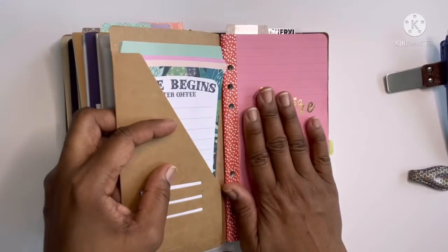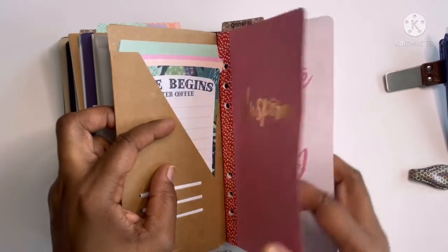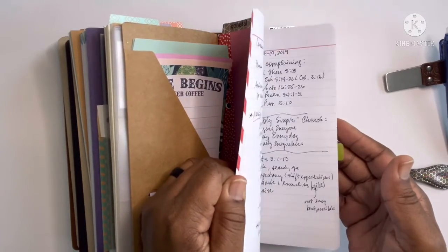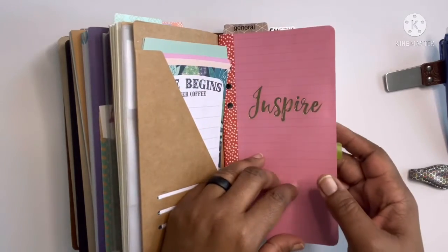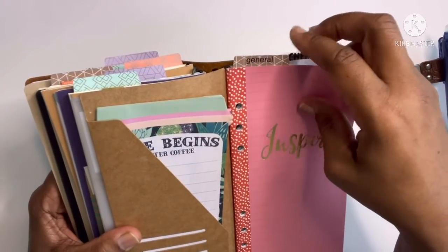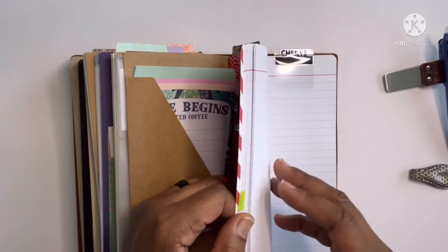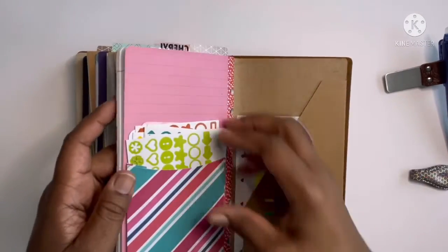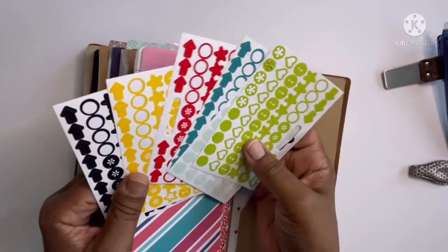And this is another one of those notebooks that I found at Michael's when I bought that first Traveler's Notebook, and they had all these beautiful notebooks and stuff. So this is just random notes from meetings. If I go to a church meeting or a ministry meeting or something like that, I need to take notes, or if I just need a piece of paper to write down somebody's phone number, this says general. So this is just quick notes, whatever I need it for. If I need to write down an email address, a phone number, notes for a meeting, that's what this notebook is for. And then there's the sticky pocket on the back,